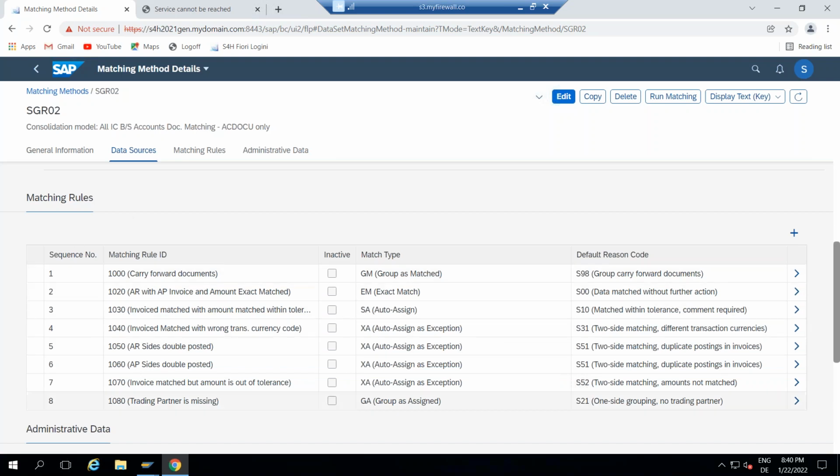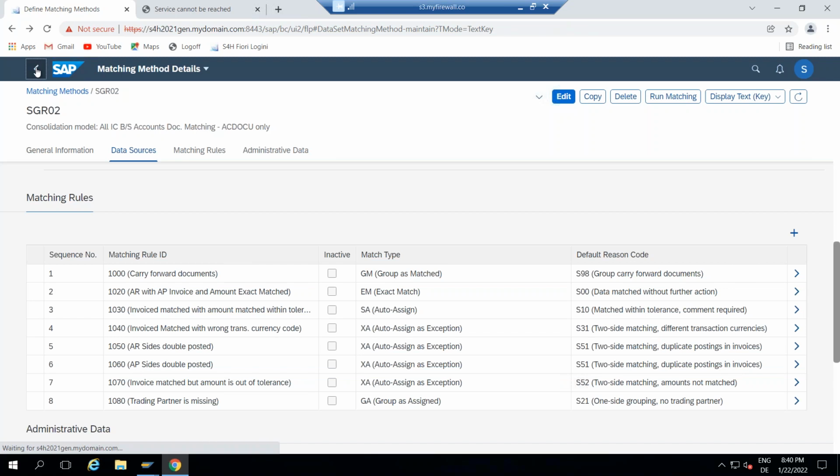All those rules we are defining in this method itself. So once I execute, then here we have the run matching, then the system will run it and check the data. If it is matched, then it will assign this rule ID, exact match, EM. If it is matching with the amount within the tolerance, it goes with the same match type. So like this, we have to define the different rule IDs.